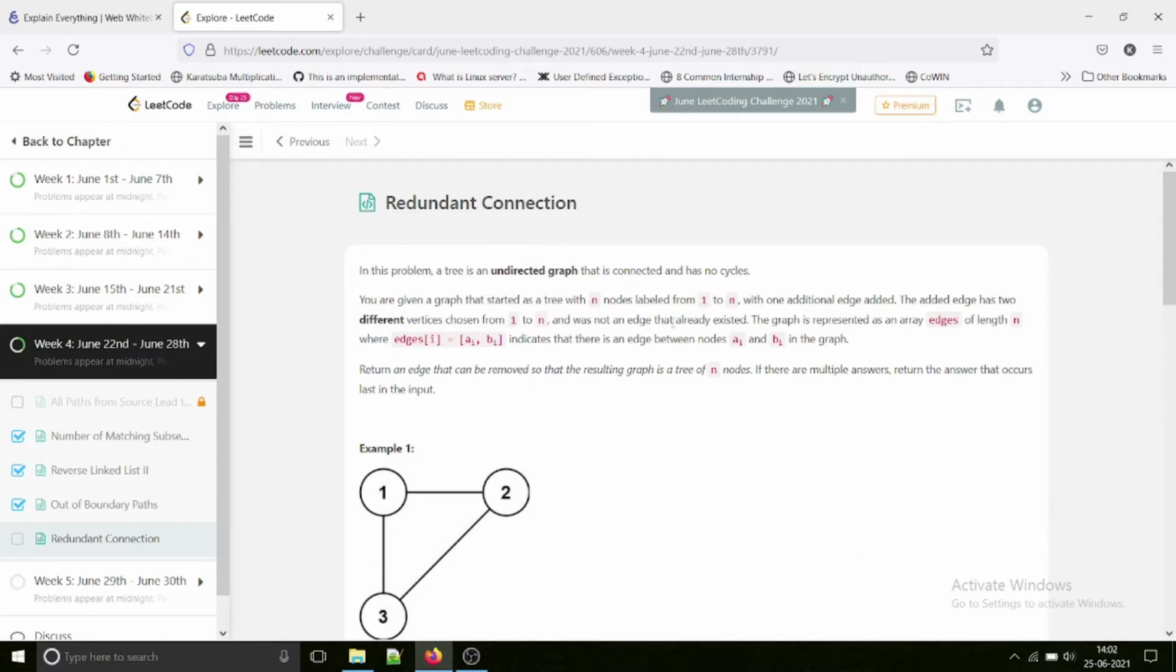that already existed. Okay, the graph is represented as an array edges of length n, where edges[i] = [ai, bi] indicates that there is an edge between ai and bi in the graph. Okay, so if you don't understand, the question is saying that initially you are given a tree, which is an undirected graph and has no cycles, and now in between we added an edge from 1 to n, and this edge is now causing a cycle in the graph, so we need to remove this edge and return the original initial graph. So we need to find out which edge was causing this cycle in